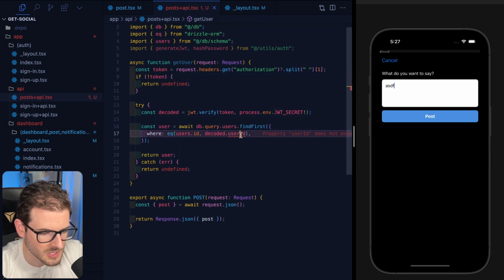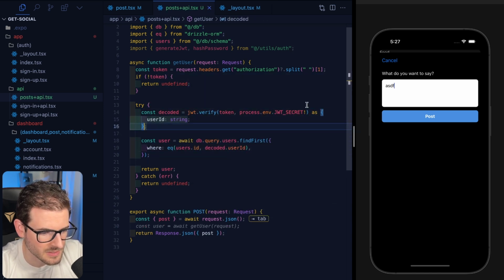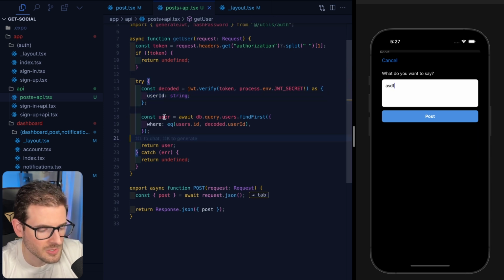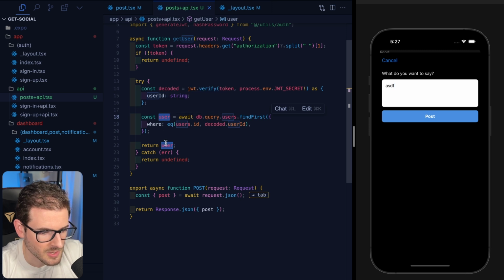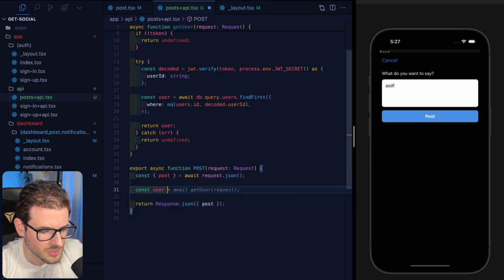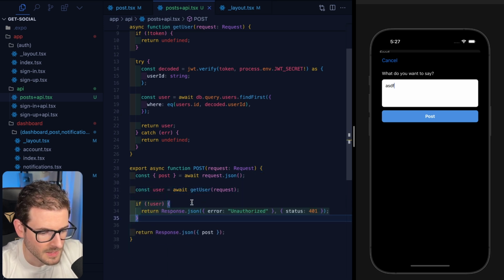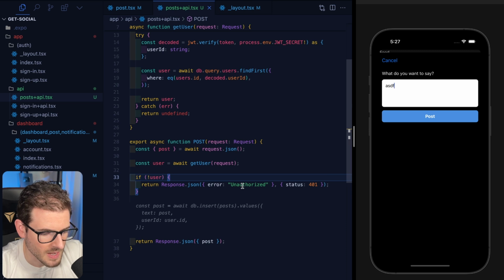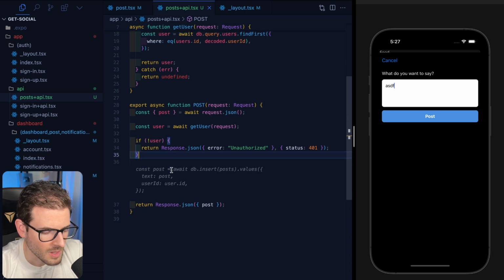And this is complaining because we have to actually cast this to be an object that has a user ID. So this should look up the user in the database, and if the user exists, then we can return them. Otherwise, we're going to return user ID. So now we have this function we can call like this, and I'm going to say const user is equal to await get user. And if the user doesn't exist, we could just go ahead and return an unauthorized status response to that user. But yeah, now that we know that the user exists, we can go ahead and try